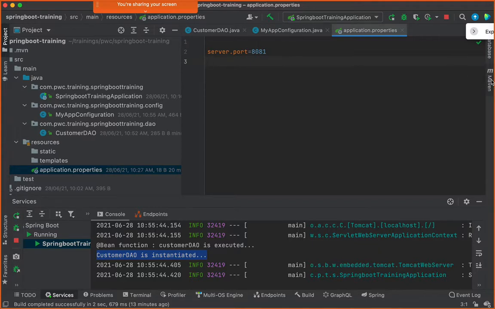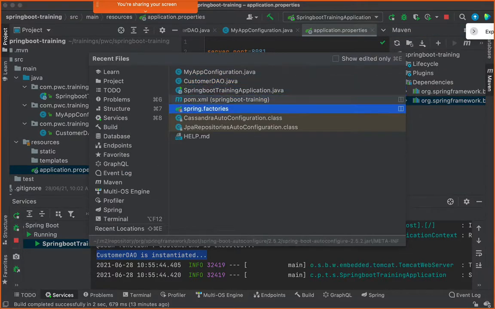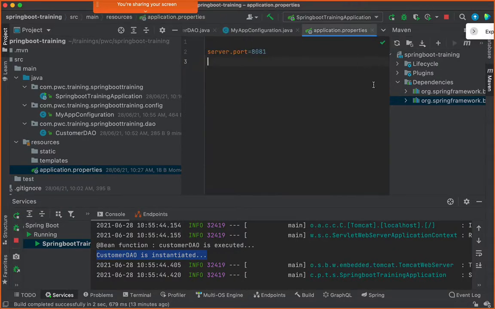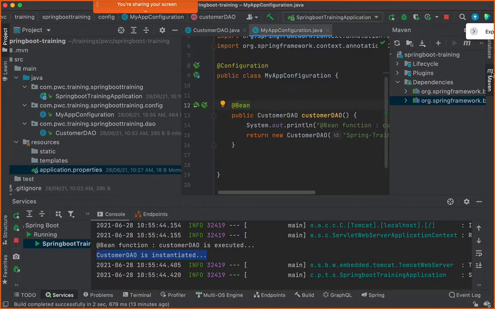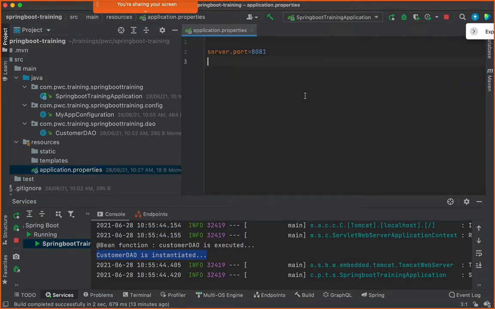We have not used it, so I have commented it in the pom.xml file, and hence we don't need to configure the database. That's okay. But if we wanted to use a database, then we would have to configure the database here. But my point is this: when we configure the database, don't you think that the database in the development environment would be different as compared to the database for the production environment and for the QA environment?